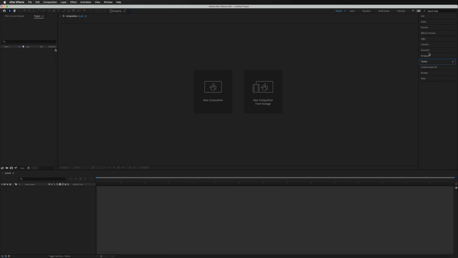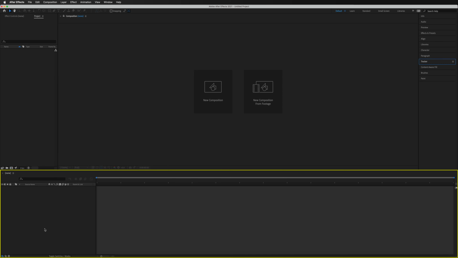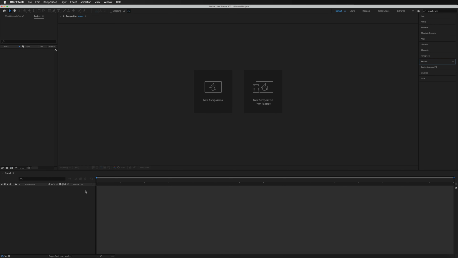We also have a paragraph section, and we've got the tracker section and other things we'll talk about as the tutorial goes on. So finally, underneath all of this at the bottom, this is going to be our timeline. This is where we're going to animate our project and decide at what point we want things to come in and out. We're going to talk about this as we go on in the tutorial. This is where you're going to spend 95% of your time. But for now, let's go ahead and start creating something.